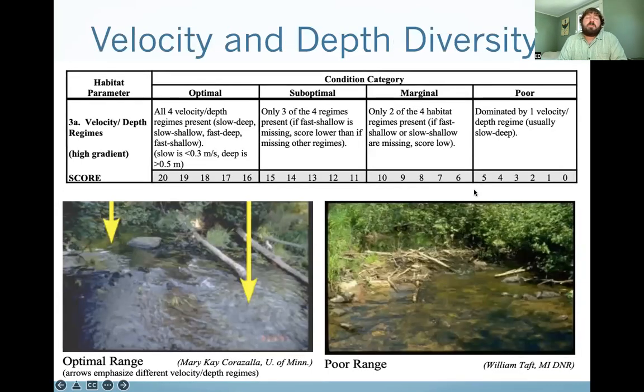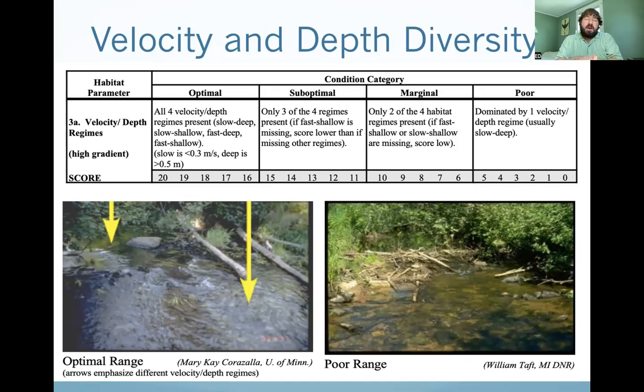Our third element that we'll take a look at in the habitat assessment is really the diversity that's created by the way water moves through the river channel. So on the left here, you see some diversity. You see some riffles dictated by the whiter, faster moving water, and some slower moving water up front here. On the right, you see a stream that looks like the flow is interrupted by a beaver dam. So you probably have a lot of slower,